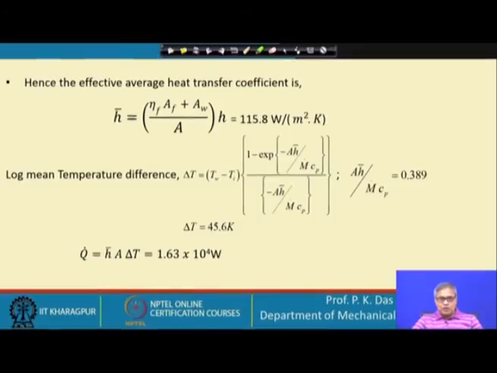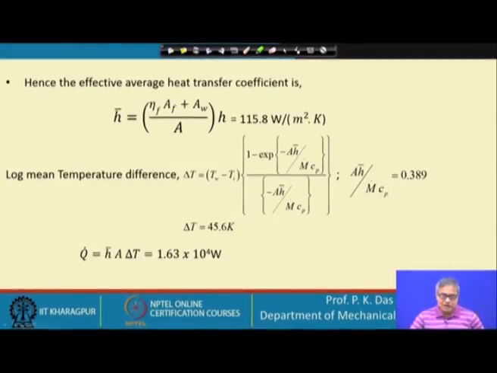So, this is very important to understand that the tube wall will remain at a constant temperature, and using that constant temperature which has been given in the problem, we can calculate the log mean temperature of the heat exchanger. Basically, this is a heat exchanger where one side temperature remains constant, the other side temperature changes, and we will discuss this kind of heat exchanger in detail, maybe from the next lecture onwards. And then there is only one resistance, because other thermal resistances are negligible compared to the air side resistance.